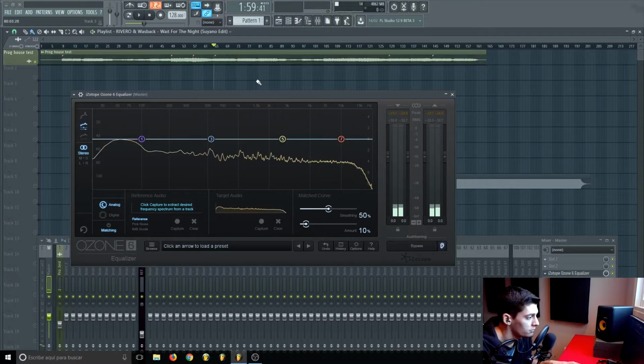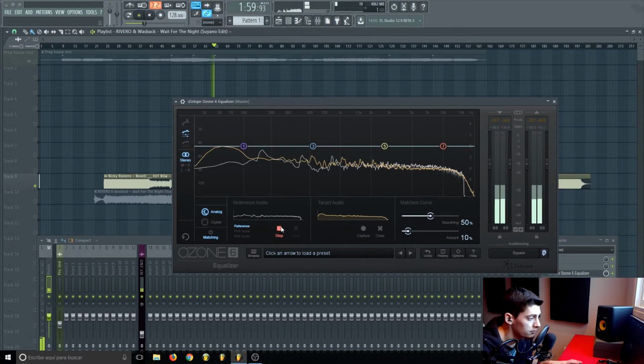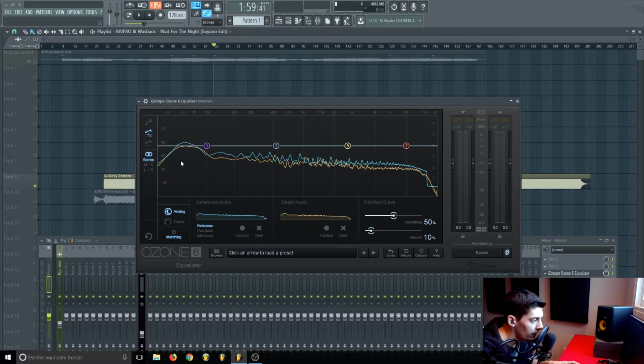A few moments later. And now I'm gonna do the same with Novo. 12 seconds later. All right, now I have here the frequency of both tracks. So first of all, what I do is I look with my eyes, and I see Novel is a bit louder, but more or less they have the same spectrum. But what you can do is